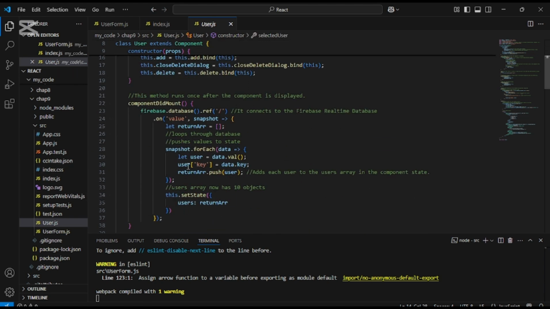Then here in this component did mount function, this method runs once after the component is displayed, and using firebase.database.ref with the home page URL there, in this method here, we're connecting to the Firebase real-time database. So this is what connects us to the database essentially,